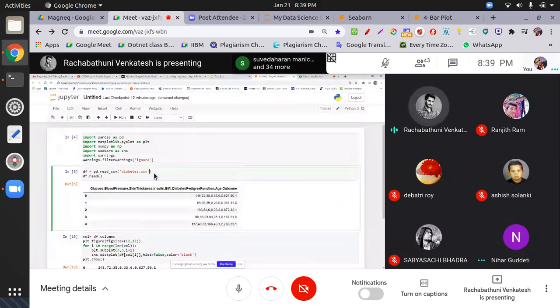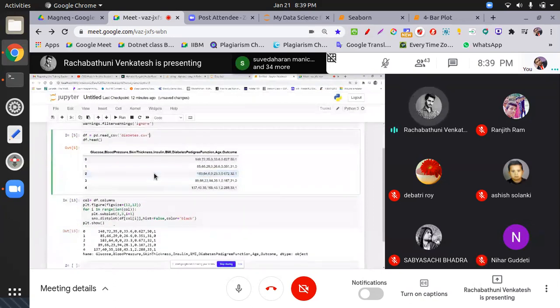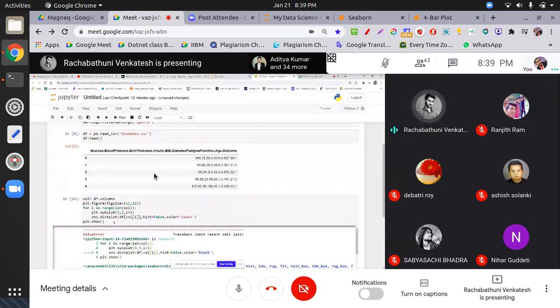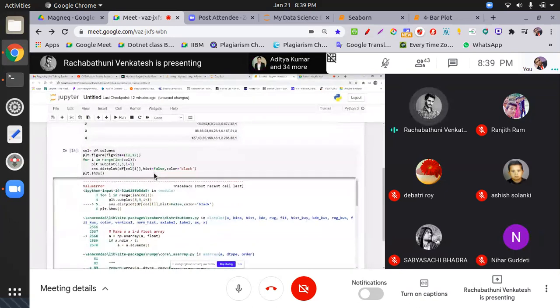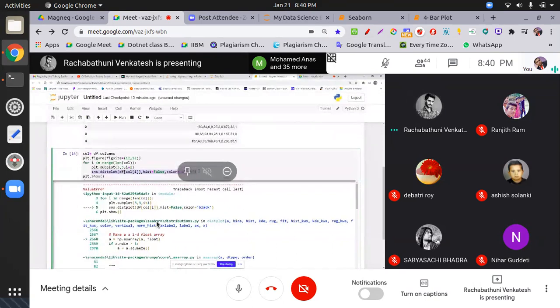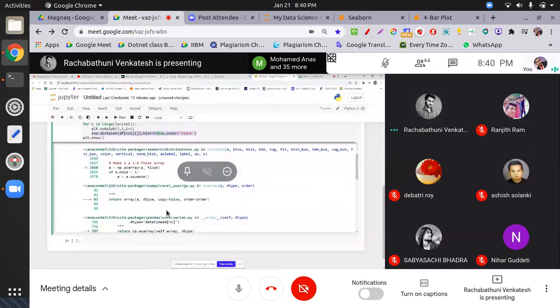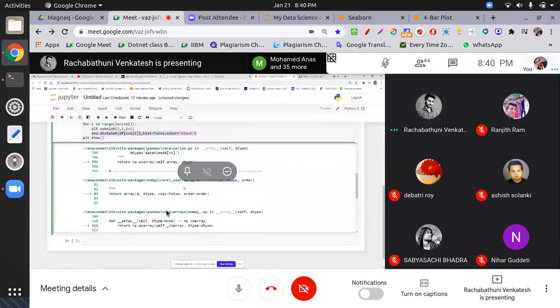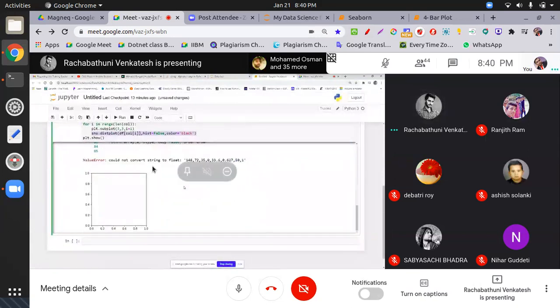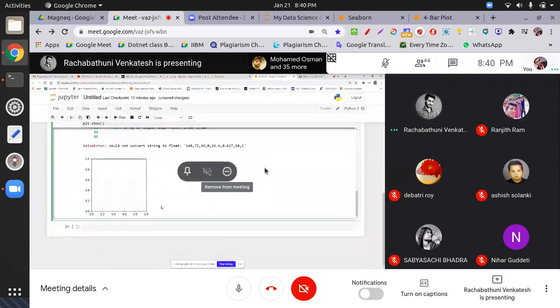I'm just leaving the path. That's not a problem, sir. Actually, the problem is here. I'm running the code. See, here it is the problem. sns.displot is showing the error here, but there is nothing for the error. Yeah, scroll up. Scroll up the error, till the last line. Actually, something is missing.